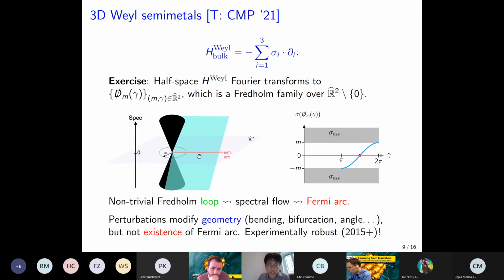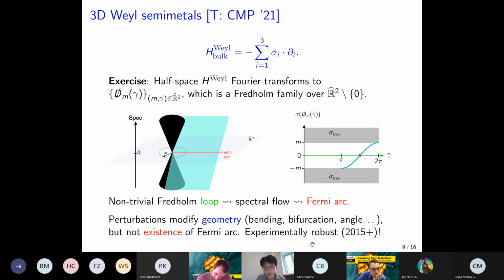Of course, this is an idealized situation, and in practice, you have perturbations which you actually can't even write down exactly. You may qualitatively know what these perturbations are, but you can't really write them out for a particular experiment, for example. So you expect the geometry of this Fermi arc to be very complicated. So it may bend, it may bifurcate, so it may not be a smooth manifold, for instance. And the angle at which it comes out from this so-called crossing point may depend sensitively on the perturbations and the boundary conditions. But you can never get rid of it, okay, because of the topological protection via the spectral flow.